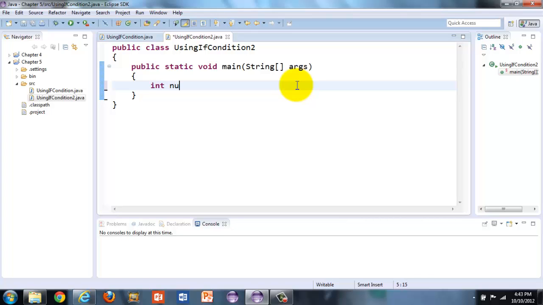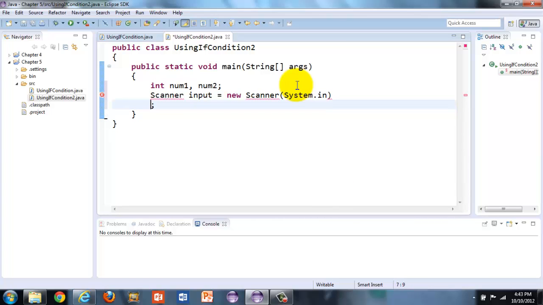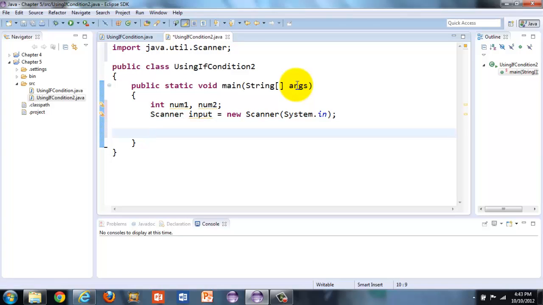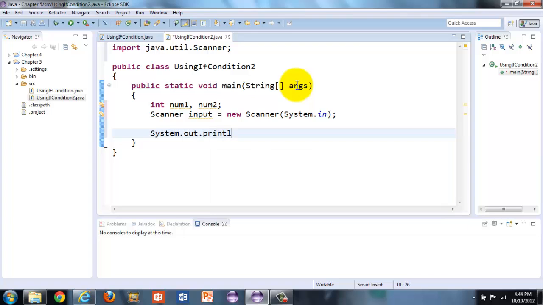So first of all, we would like to declare a couple of variables that will be used in this example. Then we'll be taking help from the Scanner class, as talked about in the past, which will be used to accept input from the user. The Scanner class comes from a different package than the java.lang package, so we have to import it. And then we would like to start with a prompt message which will be asking the user to enter a value for num1,